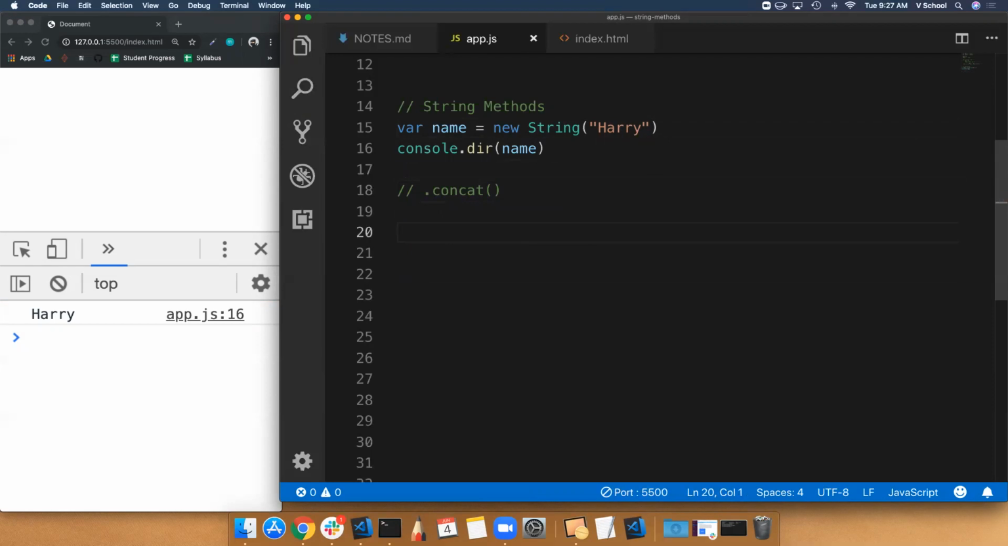What do we want to guess concat does? By the name itself, where else have we seen that word? Concatenate strings. So for some reason we don't want to use the plus operator. We have a method that we can use on any string that allows us to shortcut to it. So let's have this whole first name, last name again. And if I wanted to output that name concatenated together,